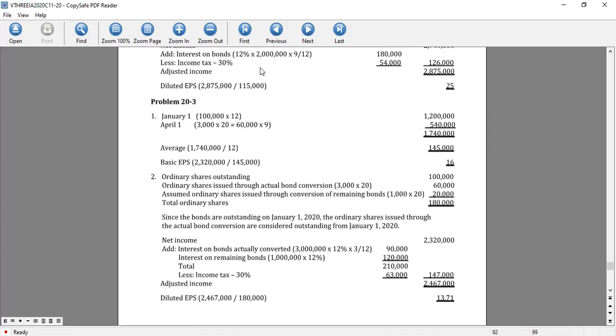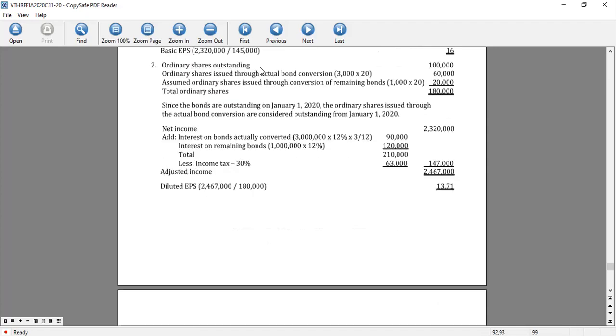the adjusted net income of 2,467,000. So the diluted earnings per share is 2,467,000 divided by 180,000 shares. So in case we use diluted earnings per share, we have 13.71 while the basic is only 16. Next, we go to